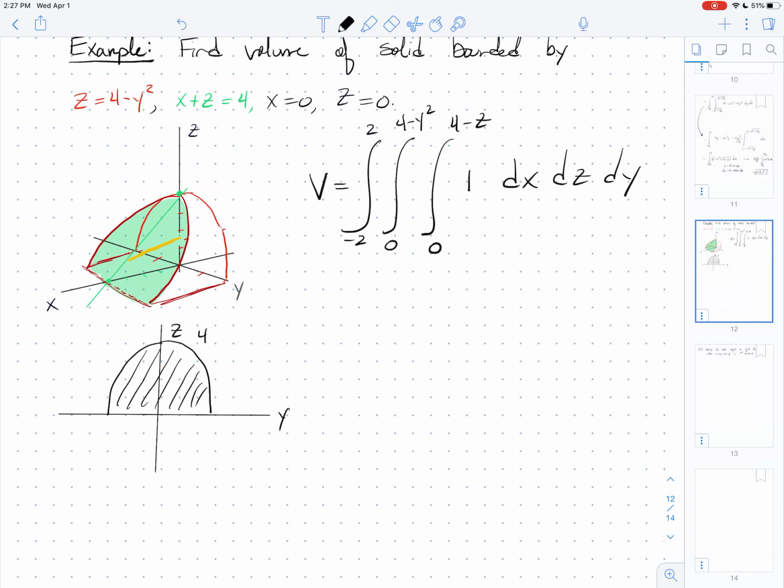This one is much more straightforward to integrate than the last one. I'm actually not going to work it out for time's sake. These videos, I'm getting a lot of them in this section, but I would really encourage you, pause the video. You're going to integrate 1 and get x, plug in your bounds, integrate the z, and keep plugging in. And when you work it all out, you should get 128/5 as your answer. So strongly encourage you to pause and make that computation. All right, I'll end this one, and then we'll go to the next part in just a minute. When you're done working